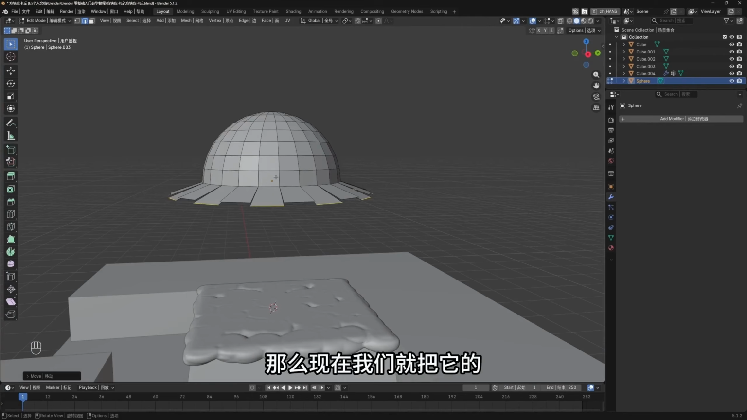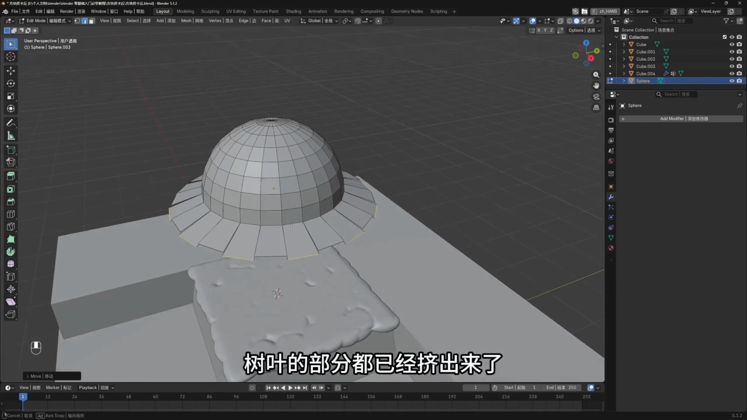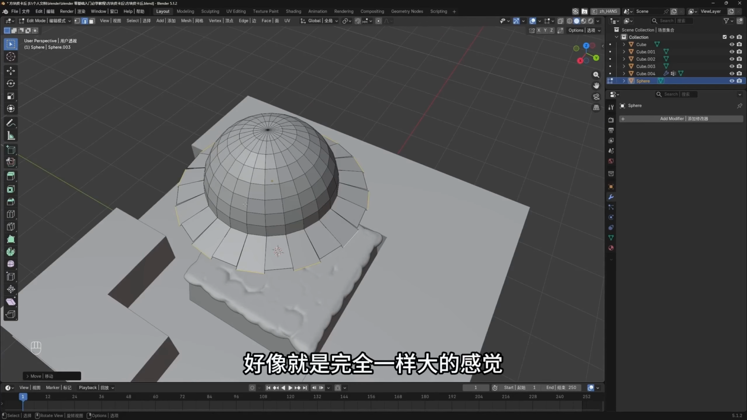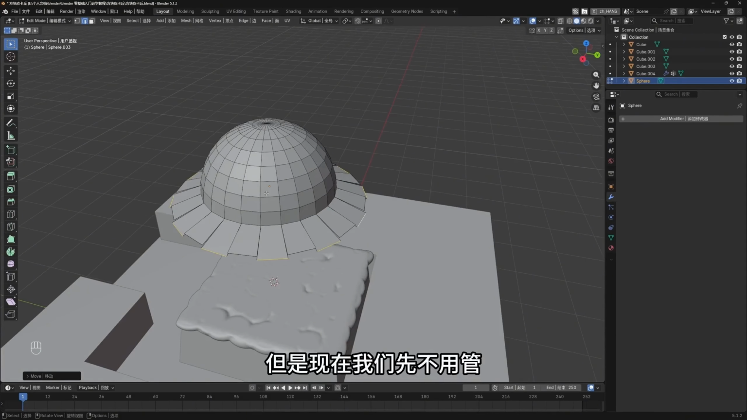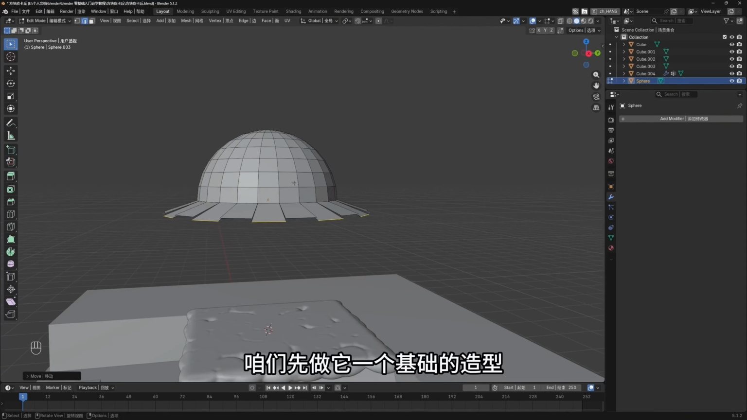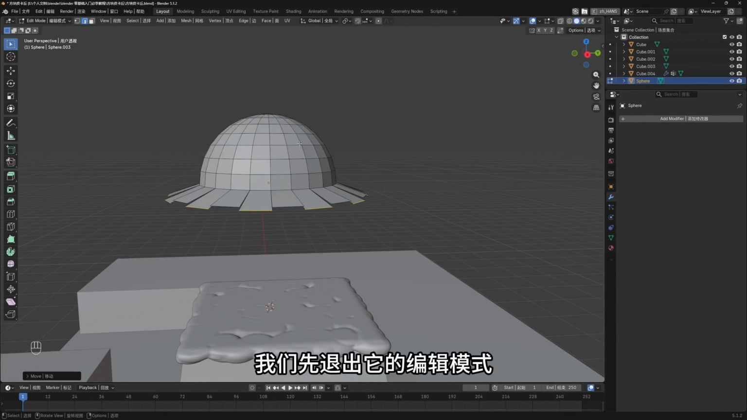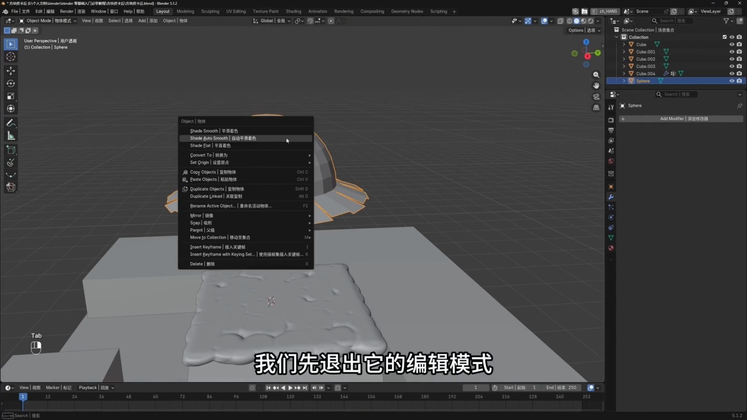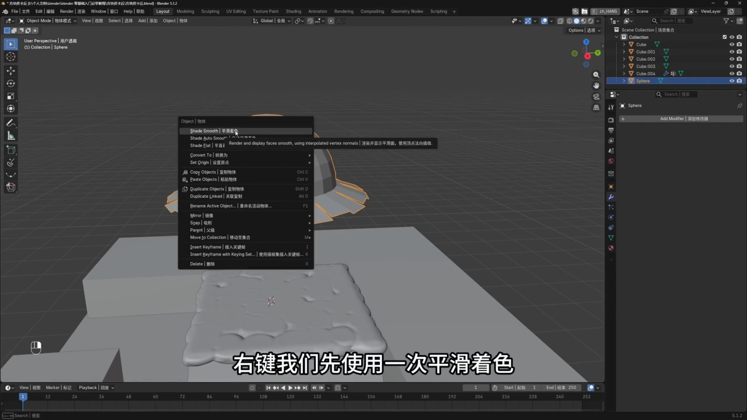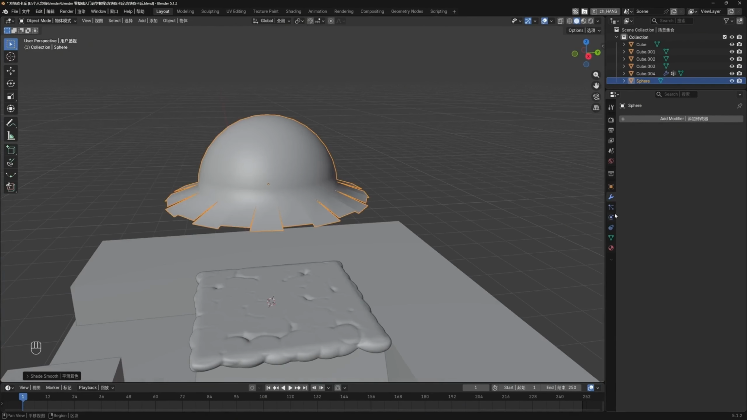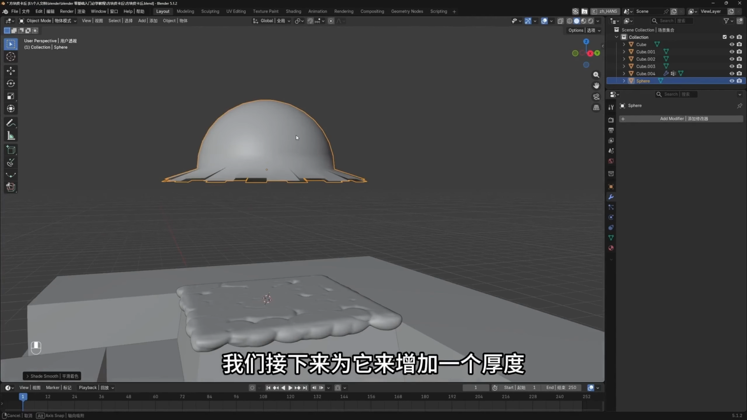So now we have extruded all its leaves. But now they seem to be exactly the same size. But let's not worry about it now. Let's make a basic shape of it first. Then we will slowly adjust it later. Okay, let's make the basic shape first. Let's exit its edit mode first. Right-click, and let's use shade smooth first. Then it has no thickness now. It's just a thin slice. Let's add a thickness to it